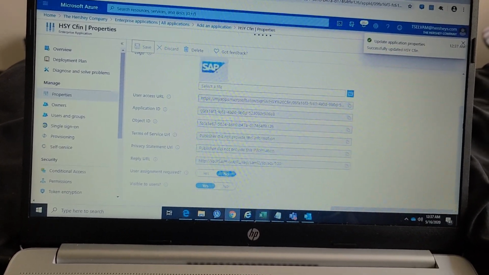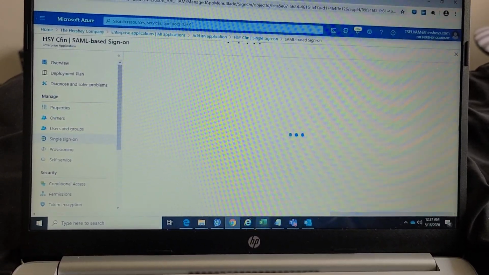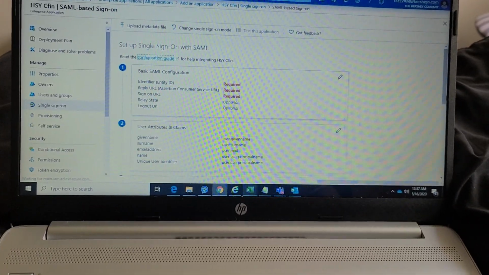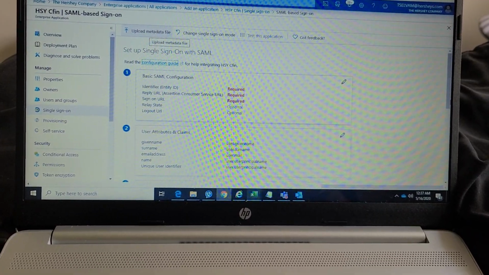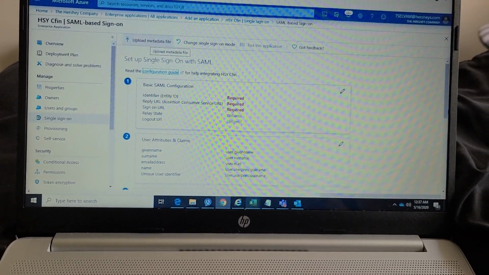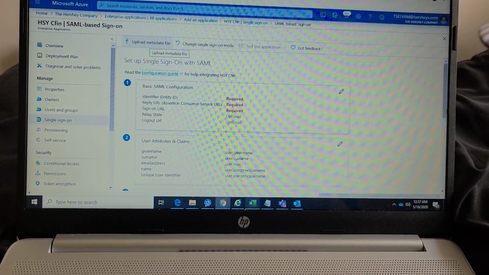Then single sign-on, SAML. Here you have to ask the CFIN support person for the metadata file. During the call, he will ping you in the chat with the metadata file.